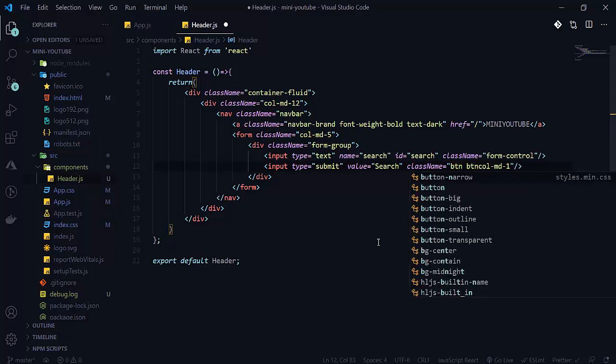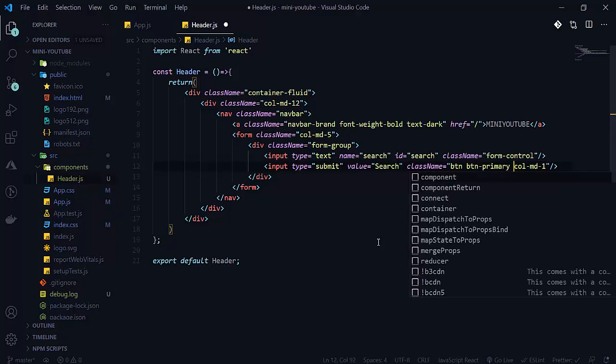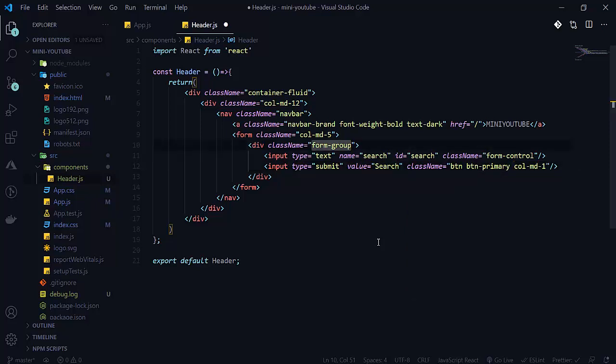Let's go further. Here we will apply d-flex to make a flex box here. After that form, now there will be one paragraph.